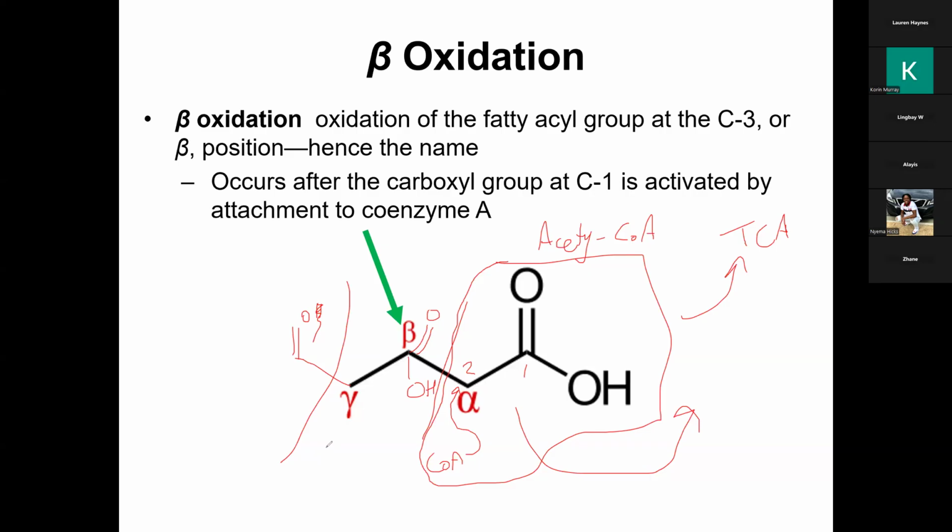It's just a sequential oxidation at the beta position, cleaving off those 2 carbons. When you cleave it off, you make that fatty acid 2 shorter, but it still has that carboxylic acid group. You've created a new beta position, and you can just keep doing that again and again until you run out of